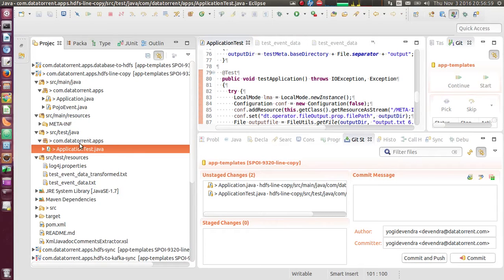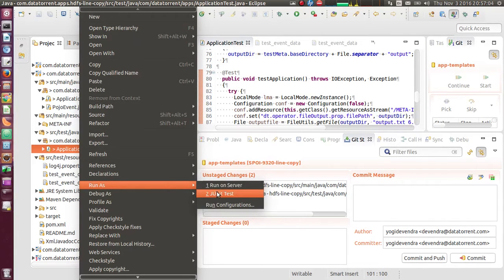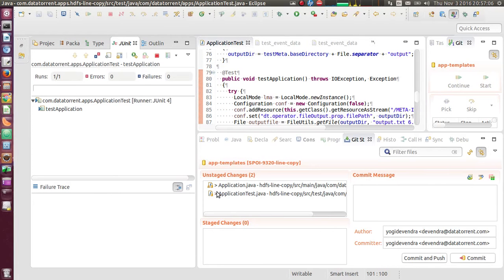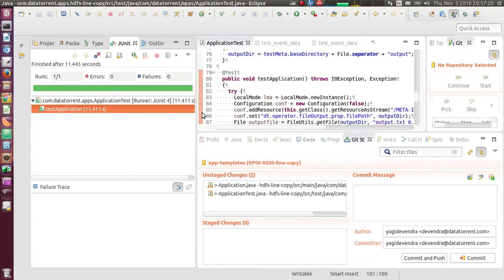So after these modifications, let's run the application test. And test passed successfully. So far so good.